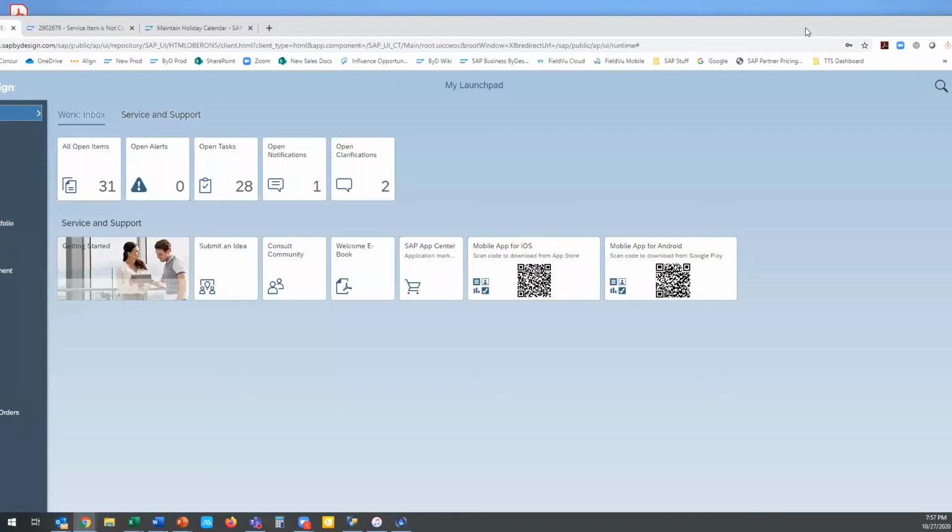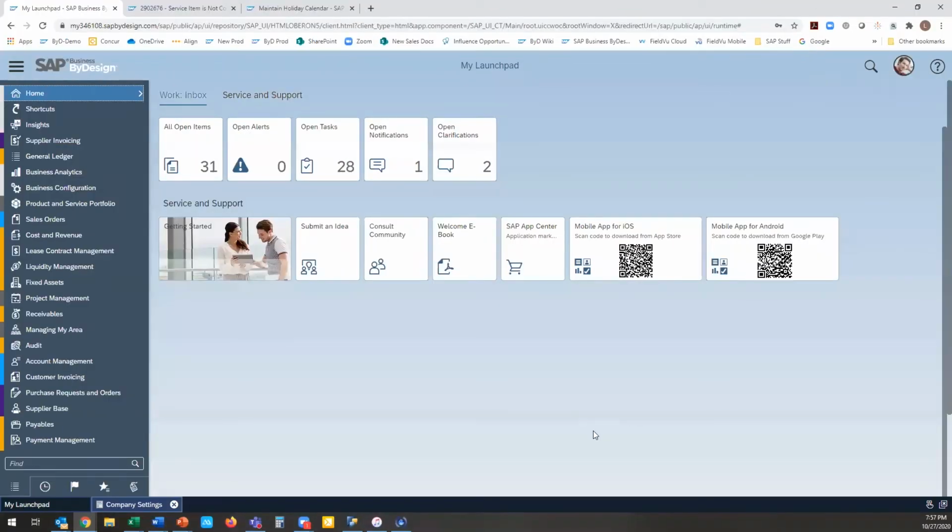All right. So right now I've got a very, very blank screen on my financial user. So the first thing that we're going to do is just change the background color. If you don't like the default blue theme that SAP has to offer, there are two different functions that you can utilize to change the background. One is if you go into My Settings